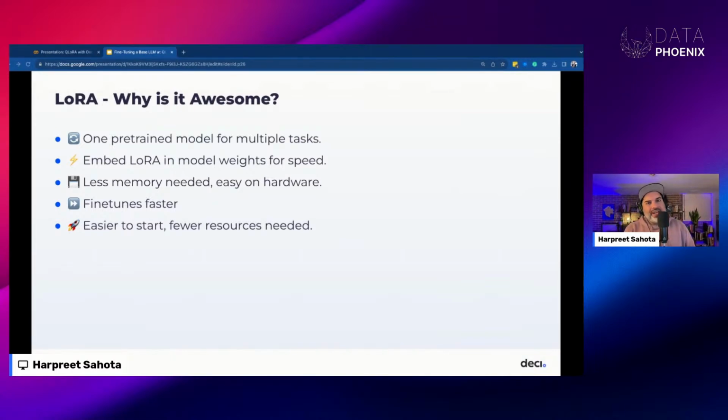So by doing that, we're not adding to the inference latency of the model. Fine-tuning with LoRA is also just faster and requires less memory than end-to-end fine-tuning. So LoRA is helping reduce the barriers of entry for fine-tuning. Again, it's making it more accessible to take a large language model and work with it on consumer grade hardware or on hardware that you can get with Google Colab.